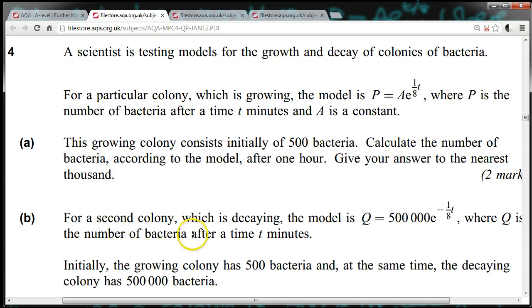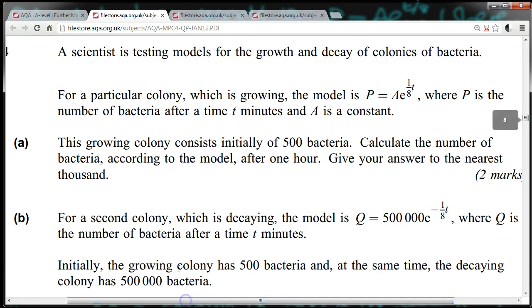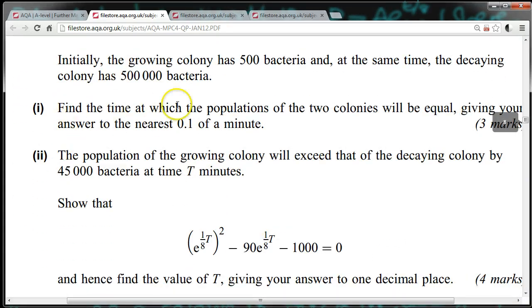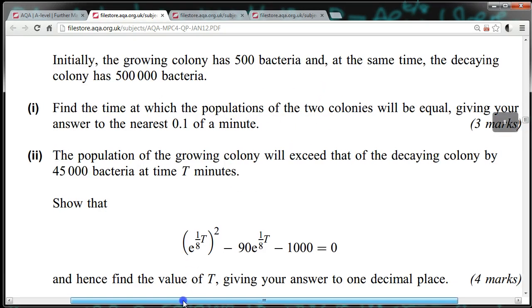For a second colony, which is decaying, the model is Q equals this, where Q is the number of bacteria after T minutes. Initially, the growing colony has 500 bacteria, and at the same time, the decaying colony has 500,000 bacteria. Find the time at which the populations of the two colonies will be equal, giving your answer to the nearest 0.1 of a minute. The population of the growing colony will exceed that of the decaying colony by 45,000 bacteria at time T minutes. Show that this equation holds, and hence find the value of capital T, giving your answer